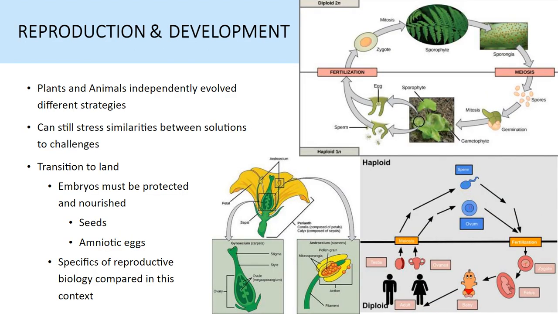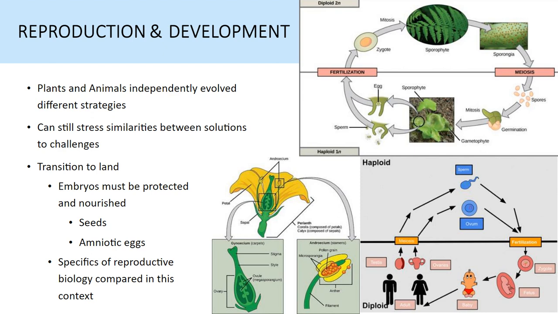We stress similar commonalities when we cover plant and animal reproduction and development. We still spend entire lectures discussing the specific details of plant reproductive biology and separately animal reproductive biology using model organisms. But by placing both the plant and animal lectures together within the reproductive and development portion of the course, we can emphasize and reinforce common themes such as the challenges faced by both plants and animals as they moved